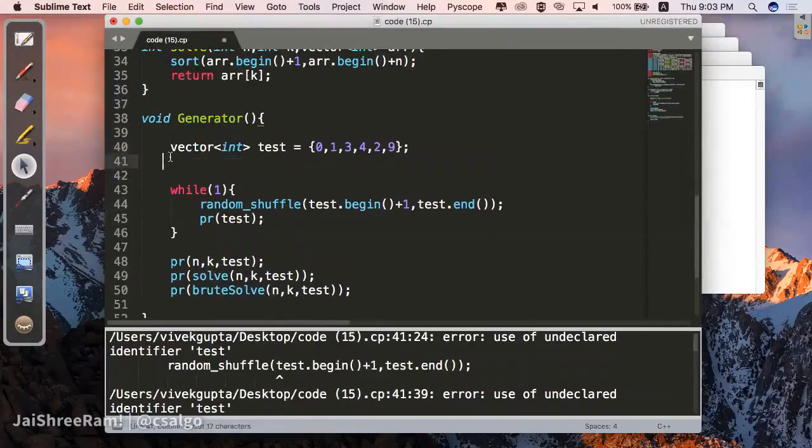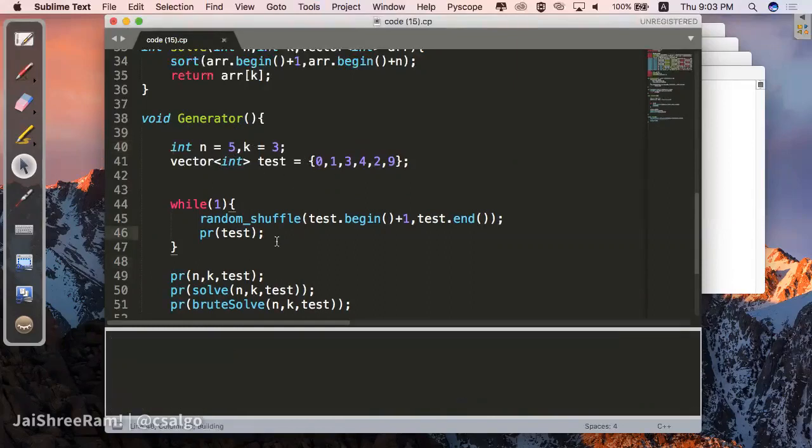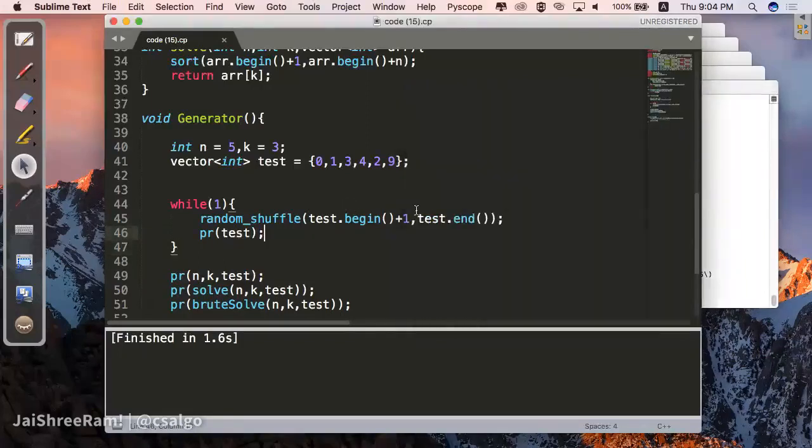In fact, just try to write the values of a test case. There are test case inputs given to you, so just write the inputs in some format and then let's look into whether this random shuffling is working or not. So it just prints out all shuffling orderings, it keeps on printing shuffle orders, right? So now we're getting a lot of test cases out of these. So what we'll do is